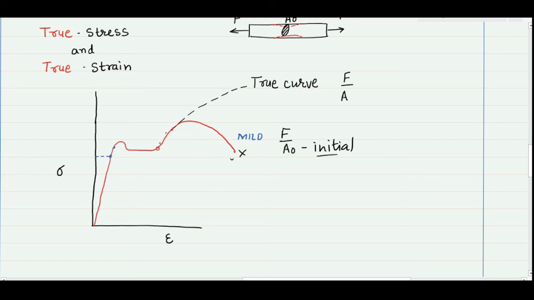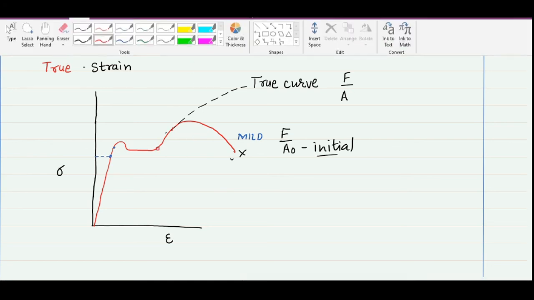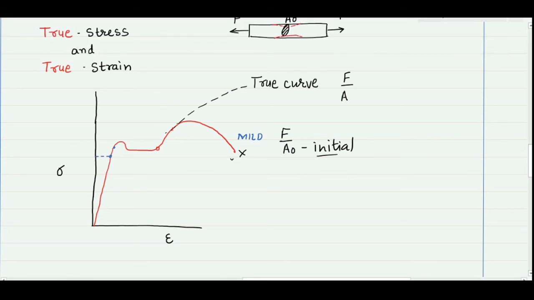But when the strain hardening process starts, in this region there is a significant change in the cross section area of the material. So your actual curve deviates from the curve which we generally consider by taking the initial cross section area. So this is your standard stress strain diagram, and this is your true curve. And the true curve follows a gradual increment because your cross section area is reducing every time, and because of that the curve will also have a positive slope, not a negative slope like we have in this case.